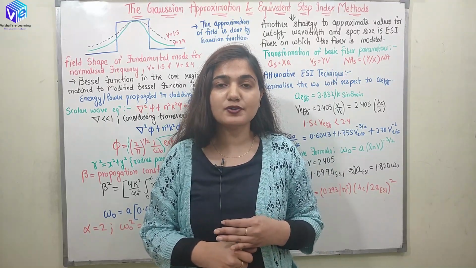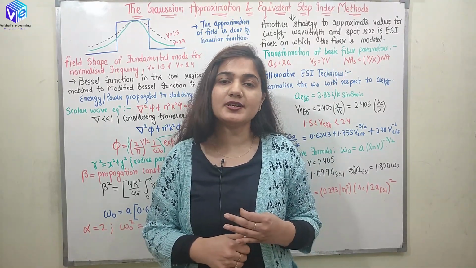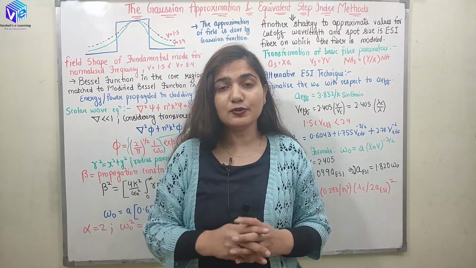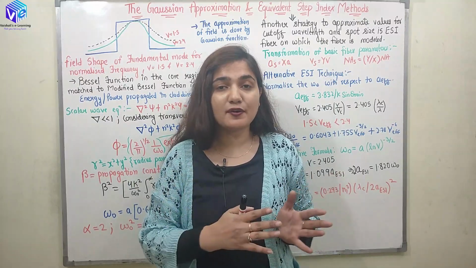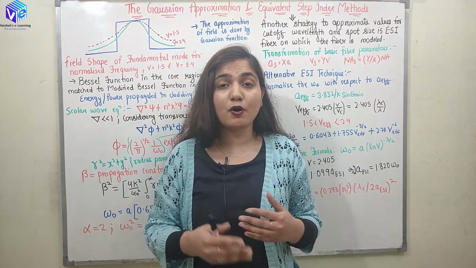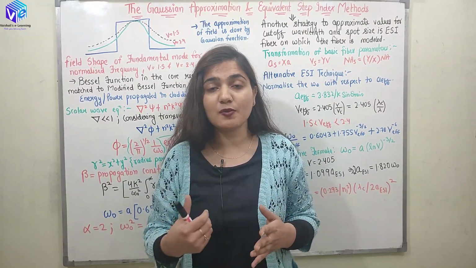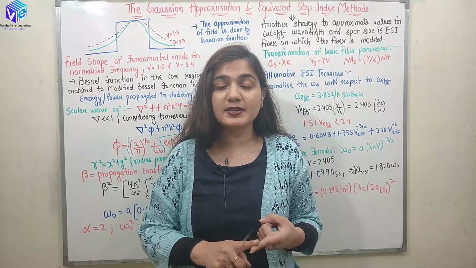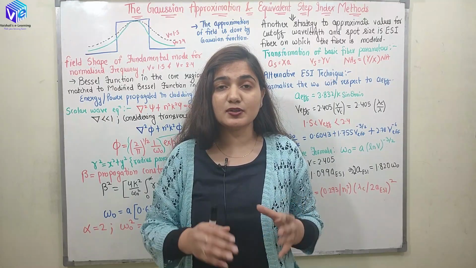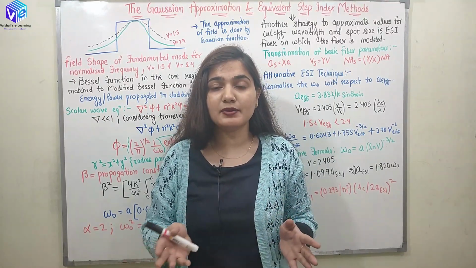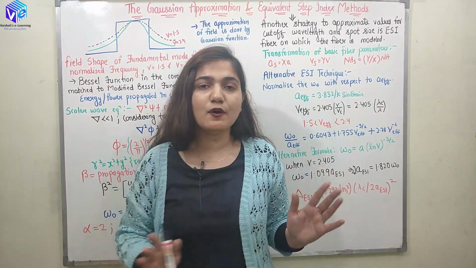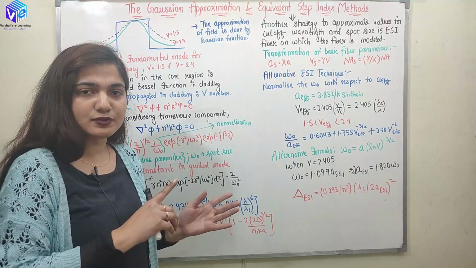If you have still not watched all of the previous videos on optical communication, it is highly recommended that you go back, watch them and then come to this video, because here we are coming to the end of the cylindrical optical fiber and discussing the Gaussian approximation, which is related to the previous topics as well. We should understand what beta is, what spot size is, and then only can we understand the Gaussian approximation. We should understand what kind of field pattern we have inside the cladding and inside the core.